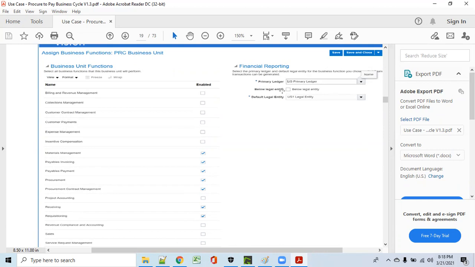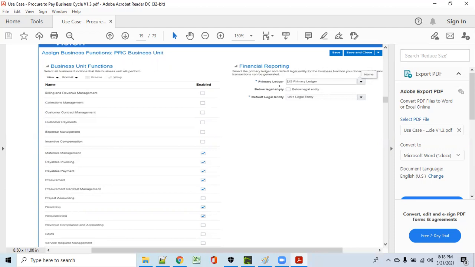These legal entity and ledger are the prerequisites you should have in hand when you are defining the functions of the BU. As you know, for the legal entity, if you have a legal address, create the legal entity using the manage legal entity option.